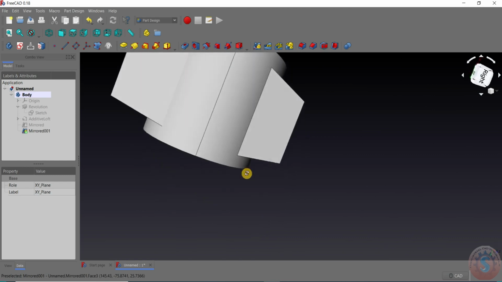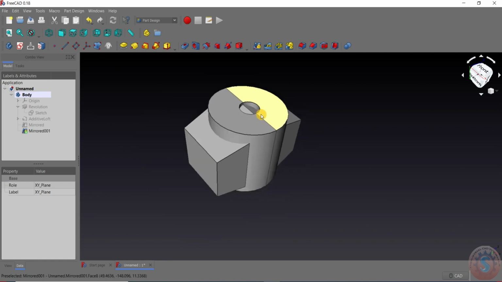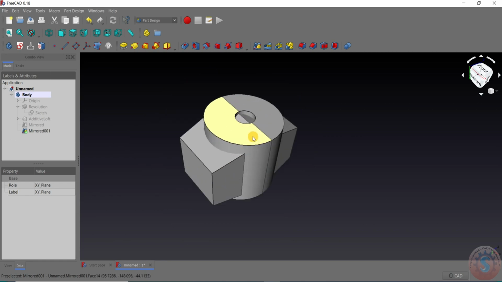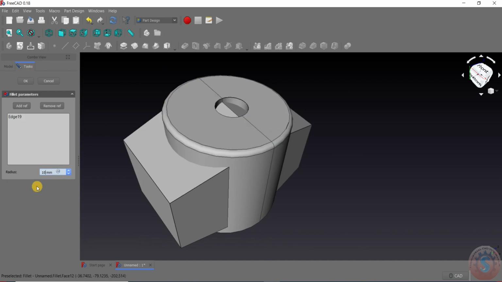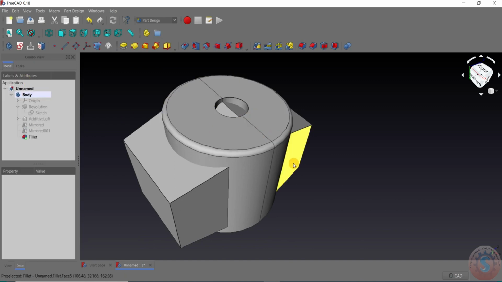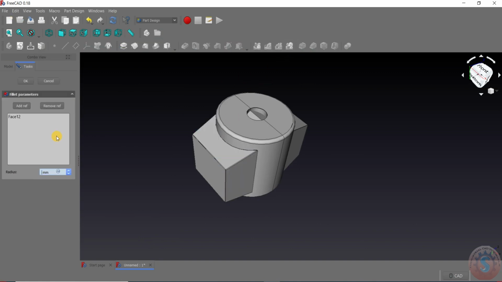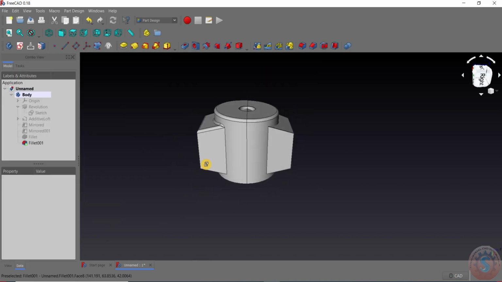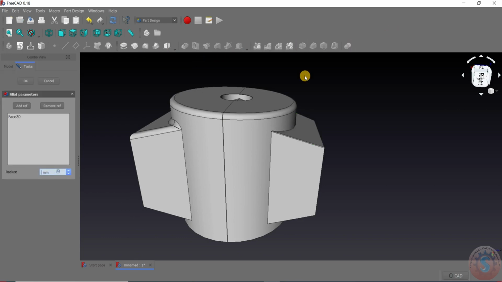You can observe one of them, like a flywheel, it is created, and you can observe you want to give the different radius. For example, I am selecting the edge and go into the fillet. You can also create by using the fillet by selecting the edges. Also by selecting the face also you can create the fillet object. Like this it is created. You can observe like this you can create the different faces of fillet of 10 mm.